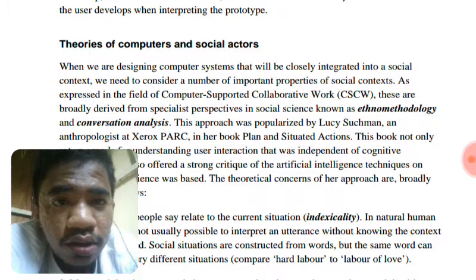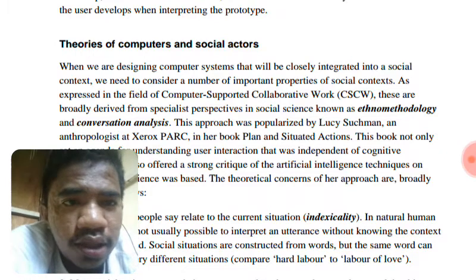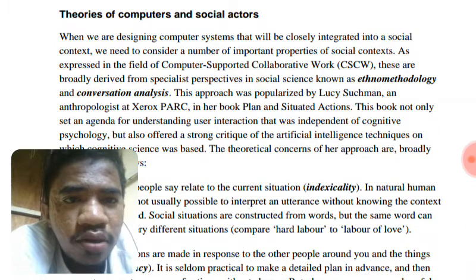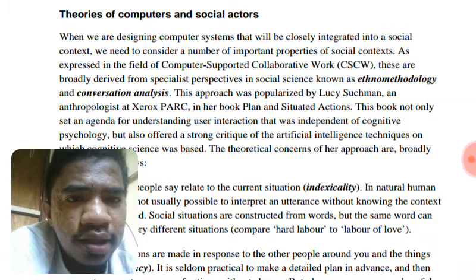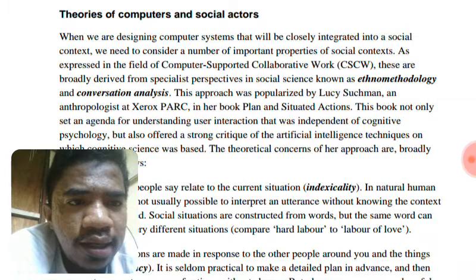Theories of the computer as social actor. When we are designing computer systems that will be closely integrated into a social context, we need to consider a number of important properties of social context as expressed in the field of computer supported collaborative work, CSCW. These are broadly derived from a specialist perspective in social science known as